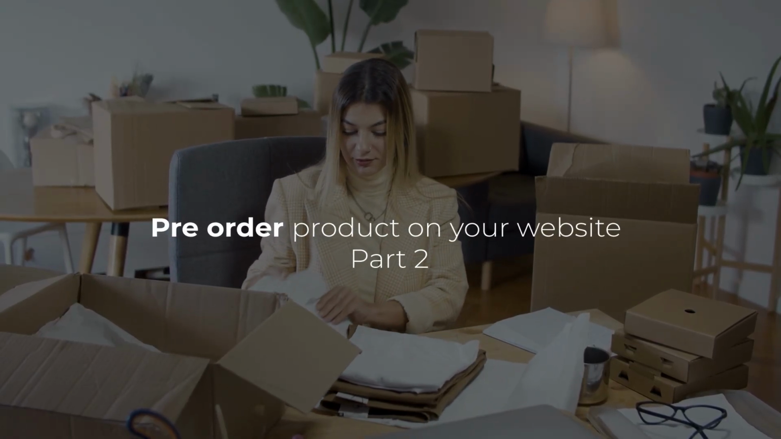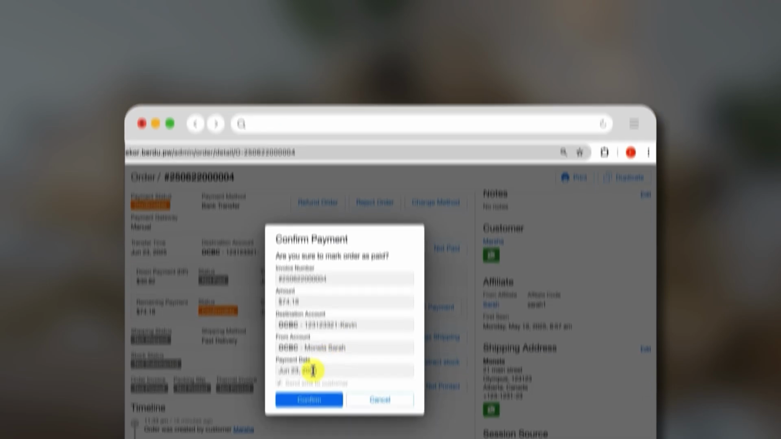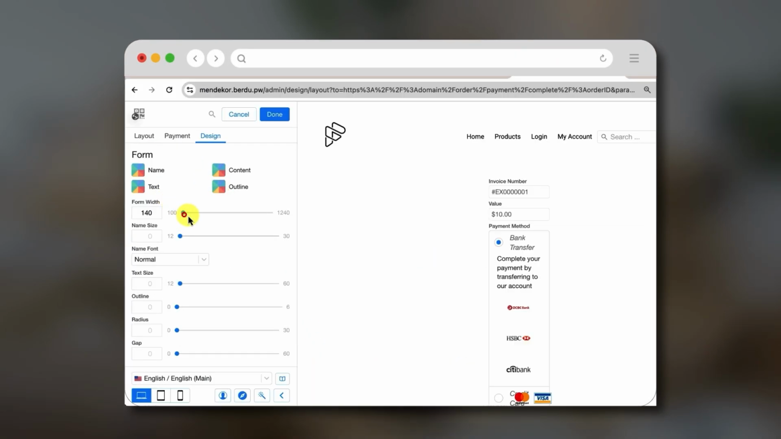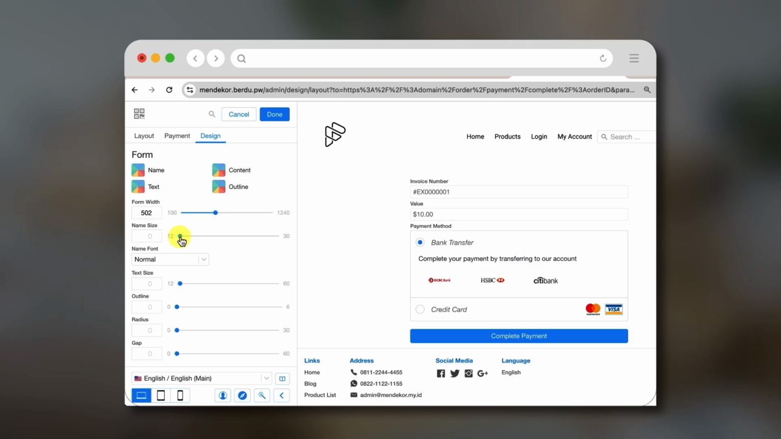This video is the second part of creating pre-order products on your website. In this video, we'll focus on how to process pre-order product orders and customize the complete payment page for customers